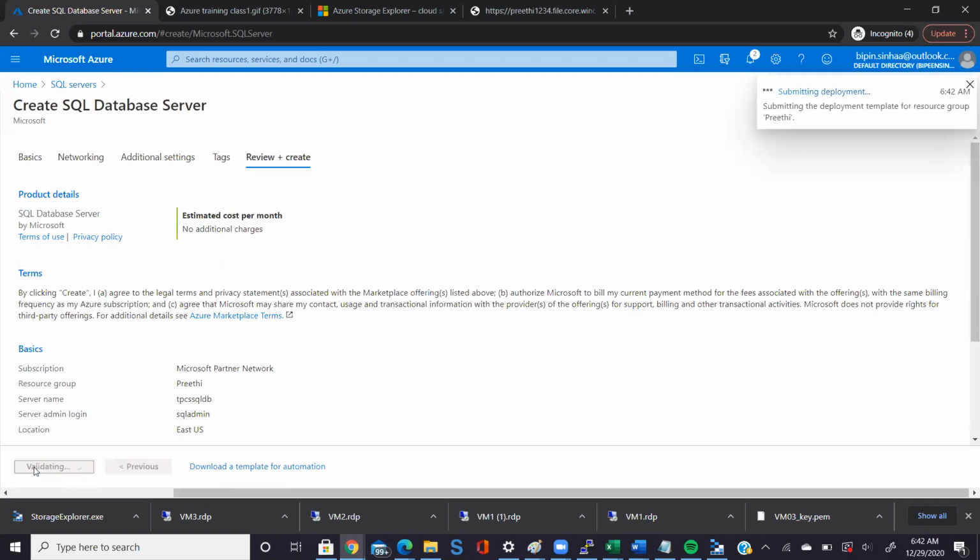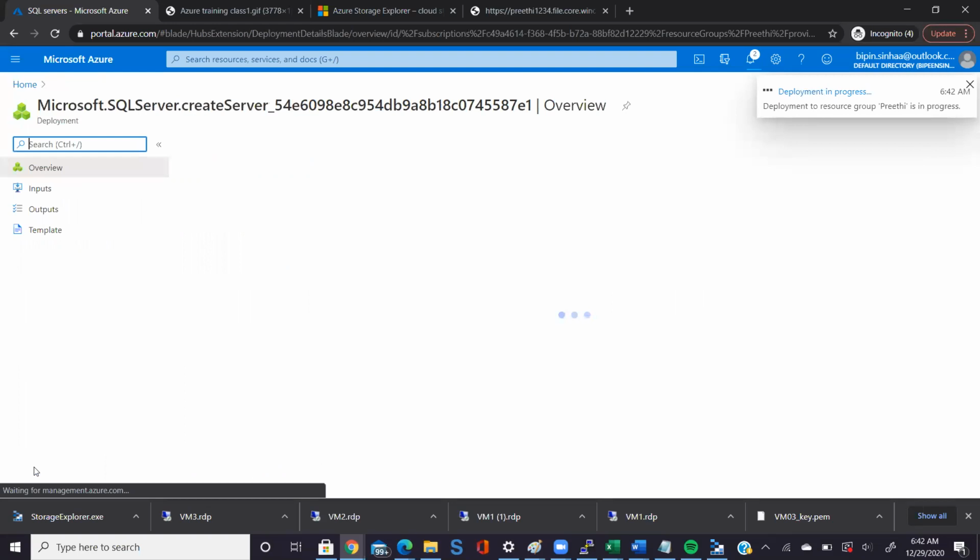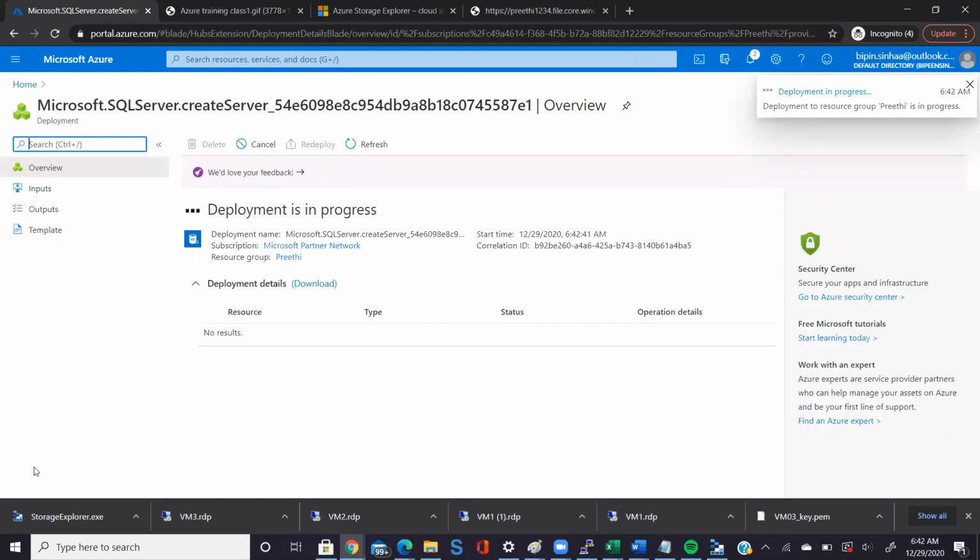So what are we creating? We are creating a server. Correct? It's not a database. So let the server deployment happen.